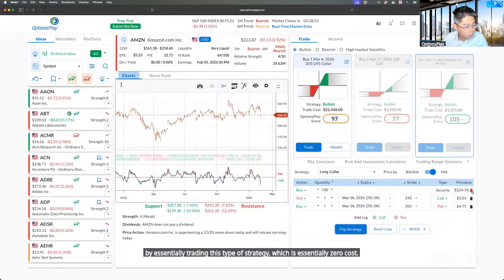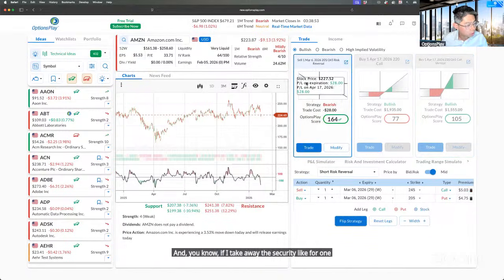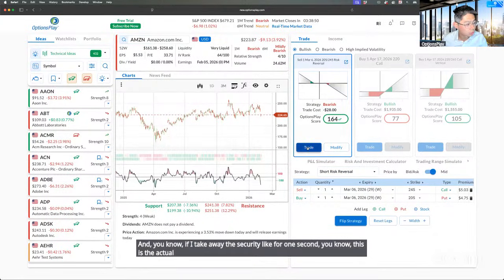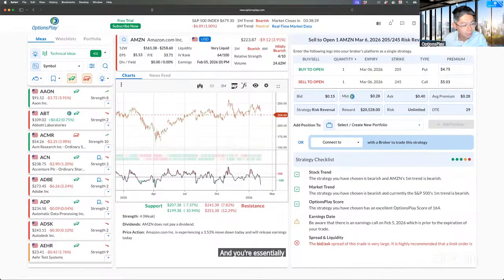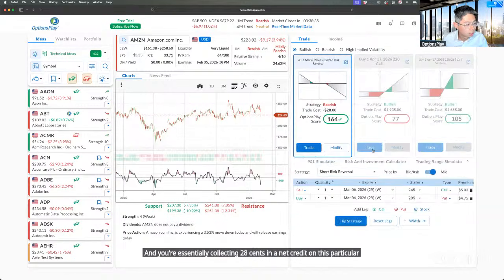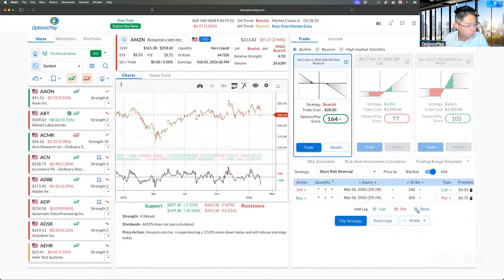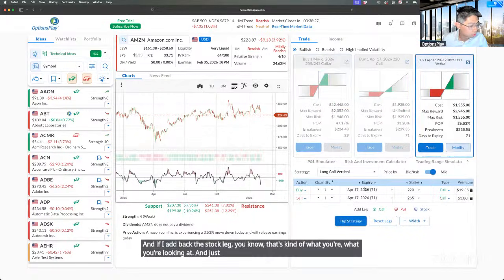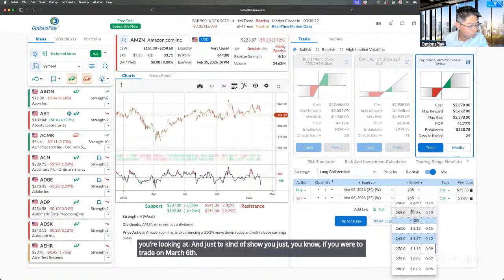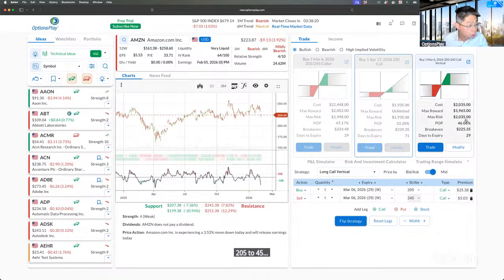And if I take away the security leg for one second, this is the actual options trade that you'll be making. You're buying the 205 puts, selling the 245 calls, and you're collecting 28 cents in net credit on this particular trade. And if I add back the stock leg, that's what you're looking at. And just to show you, if you were to trade a March 6th 205, 245 call vertical here,